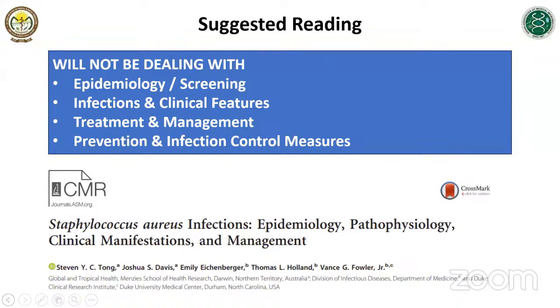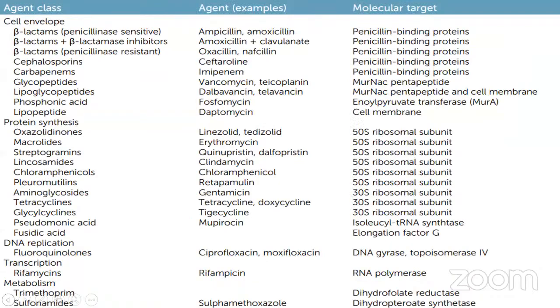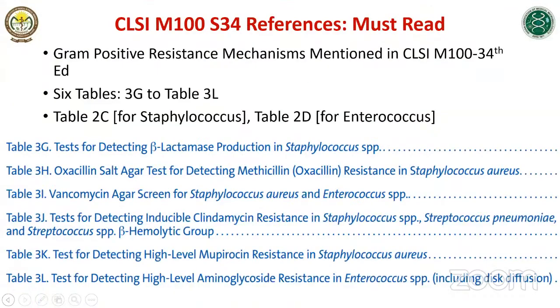This is a very interesting article we can go through. So we all know that numerous antimicrobial agents have been developed and are also in the pipeline for Staphylococcus aureus, of which many are cell wall active agents. Some act on protein synthesis, as inhibitors. Some act on DNA gyrase. Some act on transcription, or sometimes on metabolism. So they're all present, but resistance has been present in almost every class of antimicrobial that is available against